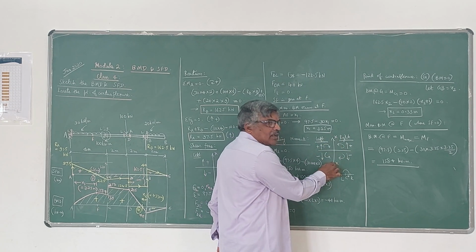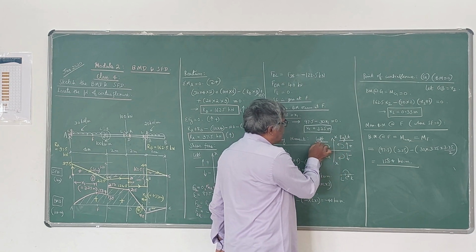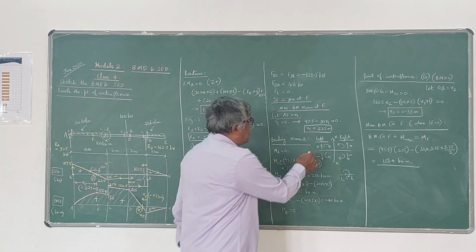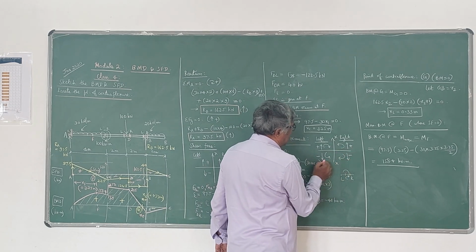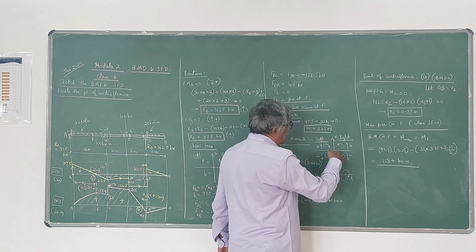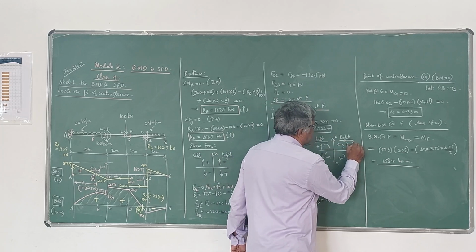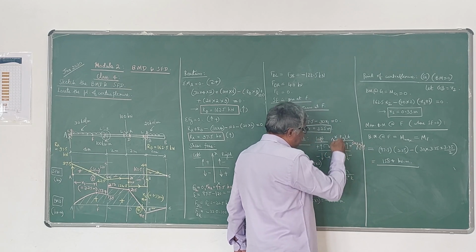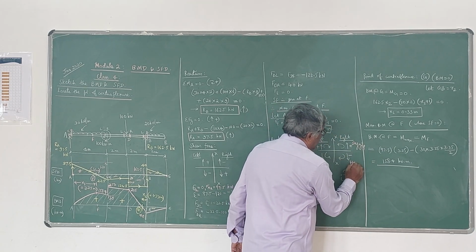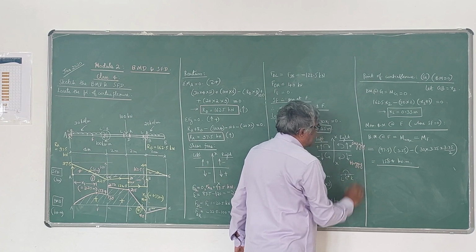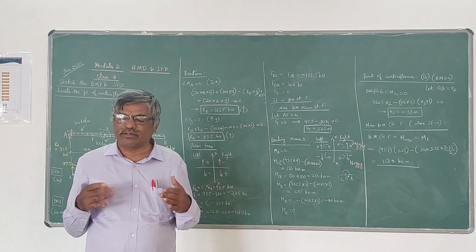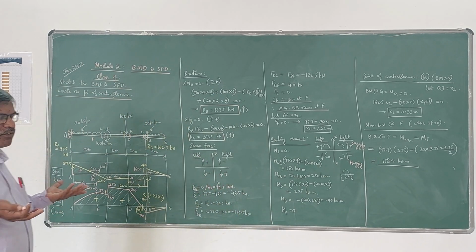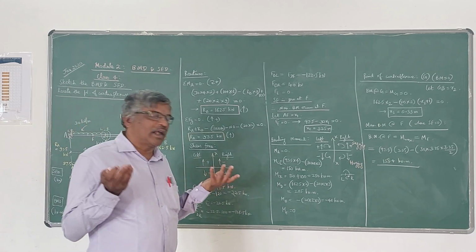If you take a section XX or any point on the beam, if you are seeing the left side or right side, irrespective of that, upward forces give positive bending moment, downward forces give negative bending moment. See, I have written here. Upward forces give sagging bending moment, which we call positive, and downward forces give hogging bending moment, which we take as negative. So irrespective of left side or right side, if the force is upwards, it gives positive bending moment. If the force is downwards, it gives negative bending moment. Like that you can think.